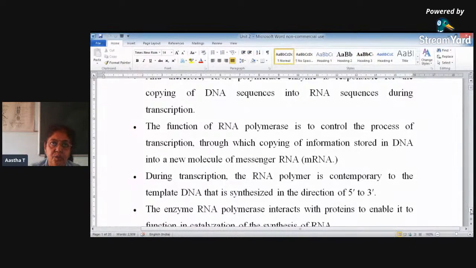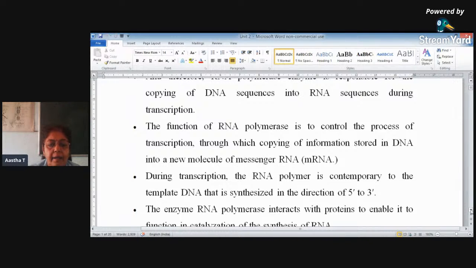We have double-stranded DNA, one strand is 5' 3', the other strand is 3' 5'. The 5' 3' strand is not involved in the process of transcription. The 3' 5' strand is involved, the non-coding strand as we usually call it, that is involved in the process of transcription. So that strand we call the template strand. One is the coding strand, the other is the template strand. So from the template strand, the 3' 5' strand, the 5' 3' mRNA is formed with the help of